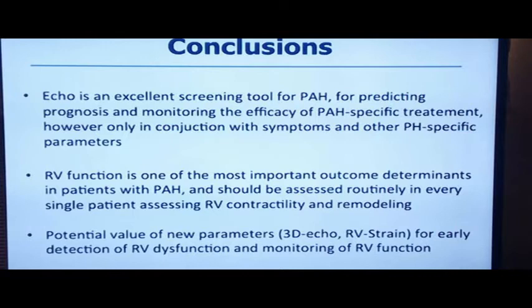So in conclusion, we know that echo still remains a gold standard and an excellent tool in the diagnosis, evaluation, and follow-up of patients who have right heart disease. Without echo, you cannot actually know what is going on in there. But with echo, we are able to see the function of the right side of the heart, the right ventricle, right atrium, the pulmonary valve, pulmonic valve, and also we are given an excellent opportunity to come out